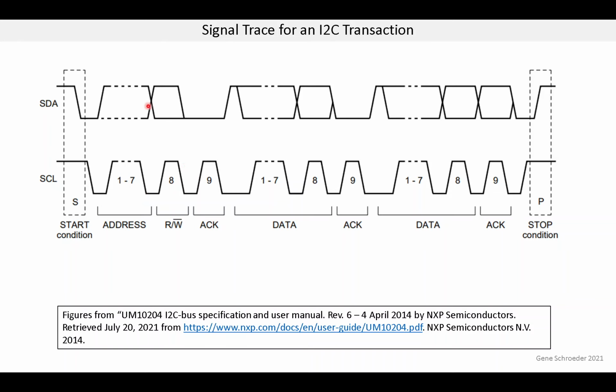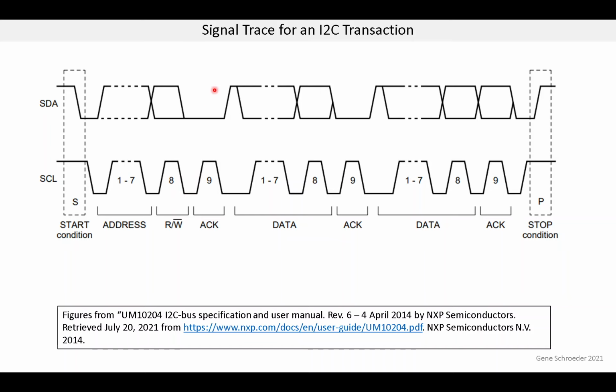And that's what it's showing right here. The SDA signal may change at that point. So this here, indicated as 1 to 7, indicates that there will be 7 rising edges of the clock signal for the 7 bits of the address, and the values of those bits will be up here, and again we sample them when the clock rises. And then this rising edge here indicates when to look for the read-write bit,